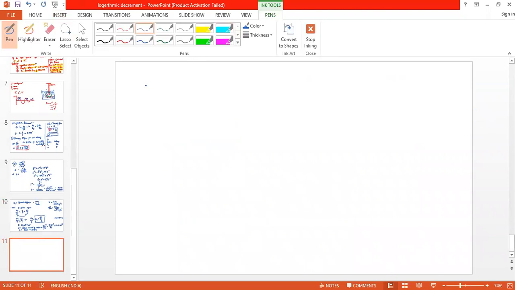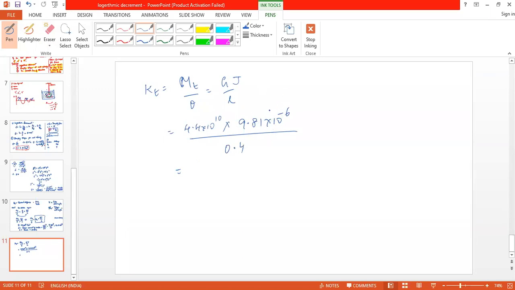So KT, that is equal to MT by theta, that is equal to G theta by L. Sorry, this is GJ by L. That multiplied by 9.81 into 10 power minus 6, divided by 0.4. That is the torsional stiffness. So the answer is